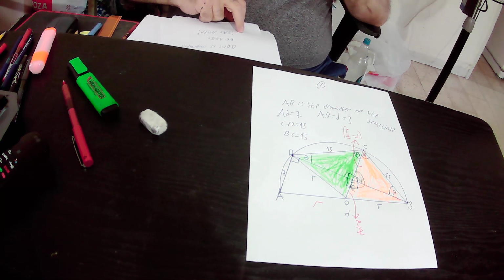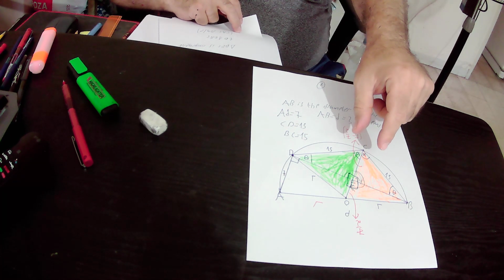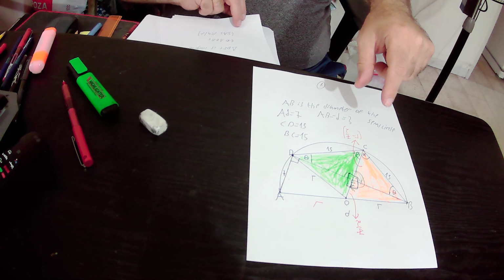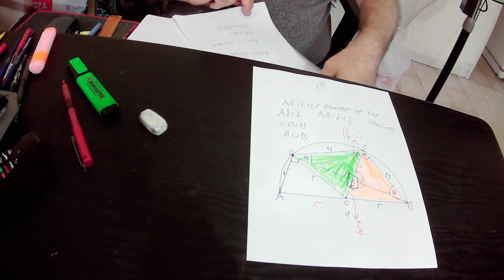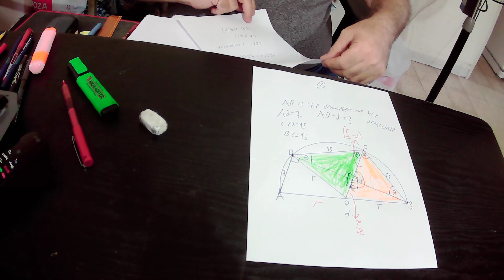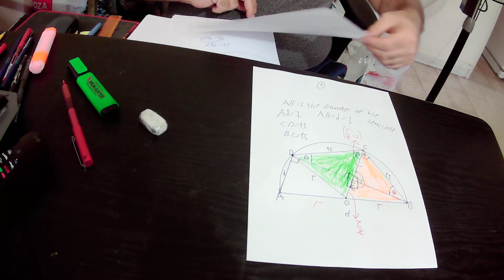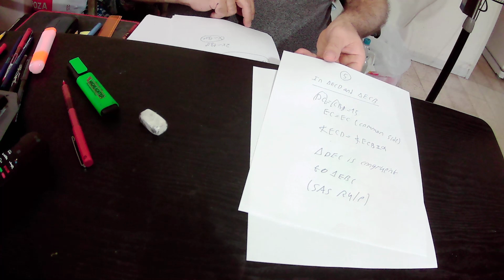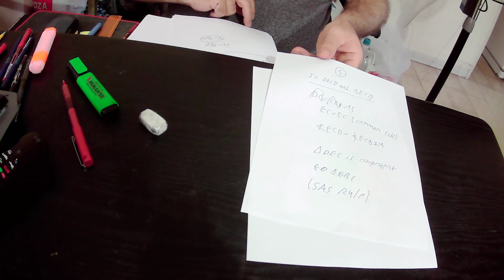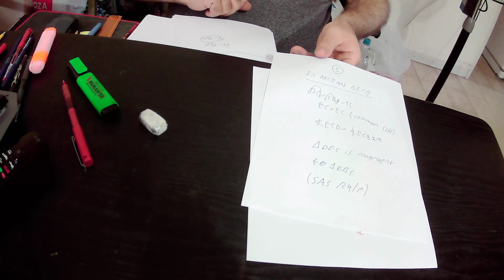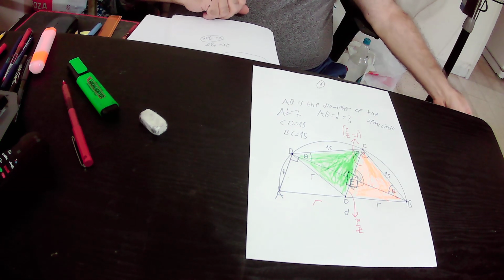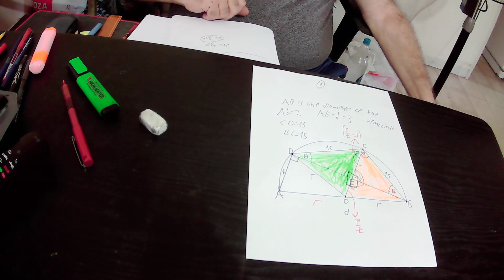Therefore, those two triangles are congruent according to the rule of side angle side. Okay, so triangle DEC is congruent to triangle BEC according to the side angle side rule, and therefore,